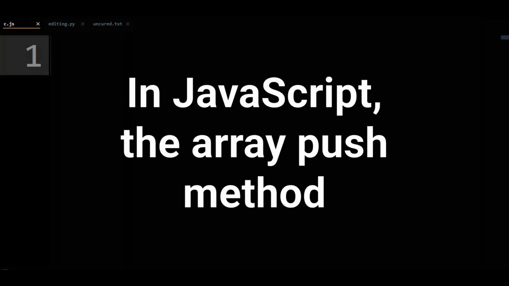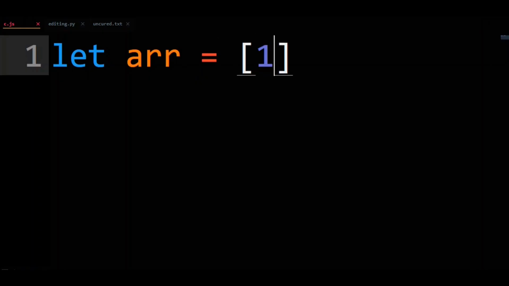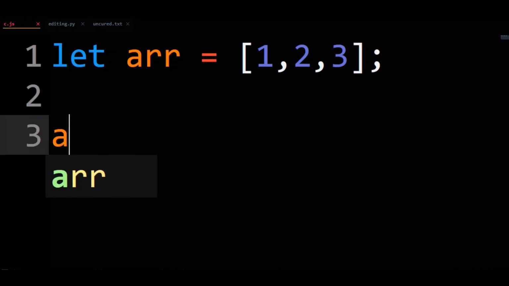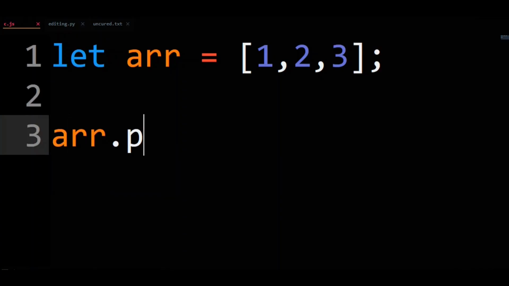In JavaScript, the array push method adds one or more elements to the end of the array. First, we'll need an array, so let r equal an array with 1, 2, and 3. Let's do r.push(4). Then let's print that, console.log the call,